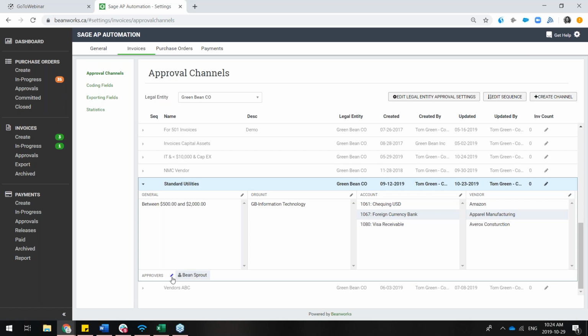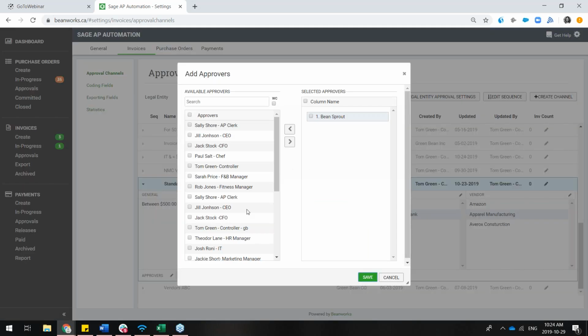And then to edit who's in charge of this channel, we'll click into this pen icon. You'll see all of my users on the left-hand side. To add more people to this approval channel, we'll just select them, move them over, and simply drag and drop the order. So now the invoice first has to be routed to Beansprout for approval, then to Jack, and finally to Jill,